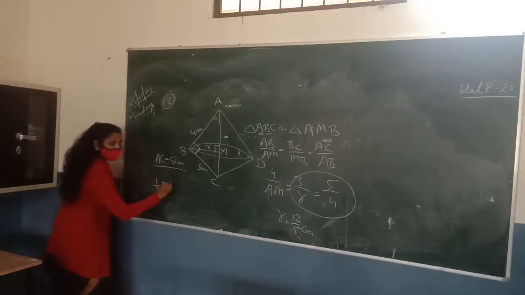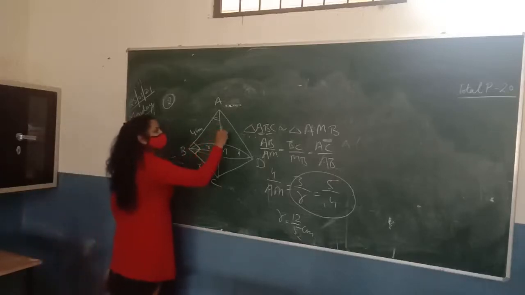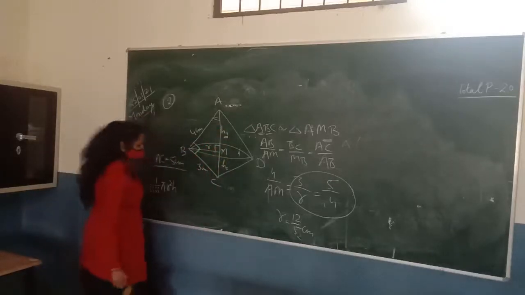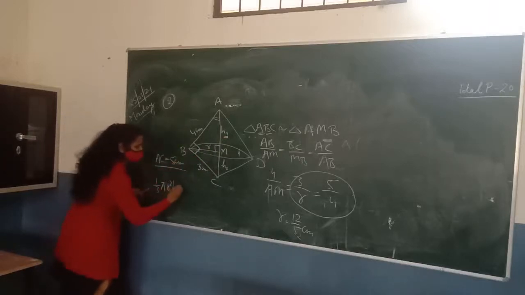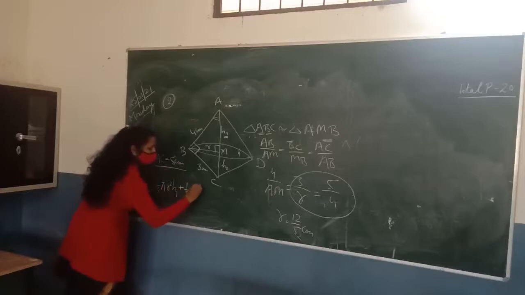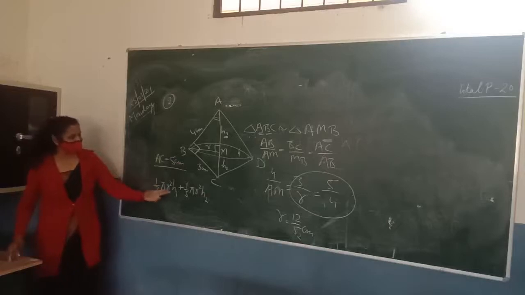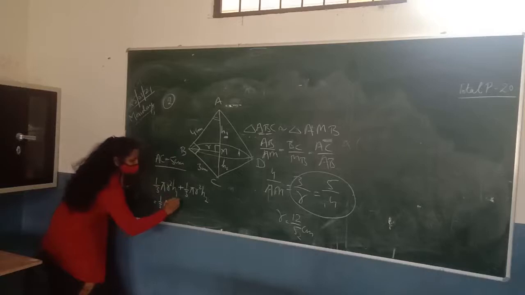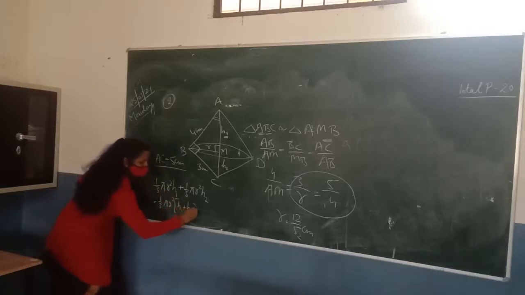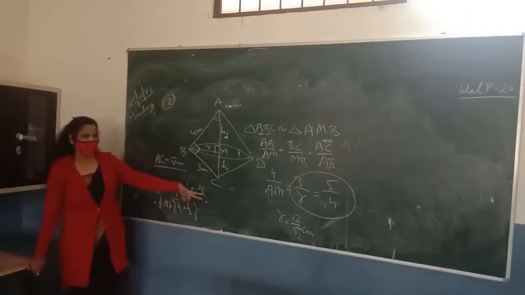Pi r square h. So suppose we are representing these two heights of the cone by h1 and h2. For the first cone it will be 1/3 pi r square h1, and for the other one it is 1/3 pi r square h2. Since both the cones have an equal radius, we can write it like r and r. Now we can take 1/3 pi r square as common. So in bracket it will be h1 plus h2. So can you put the values?